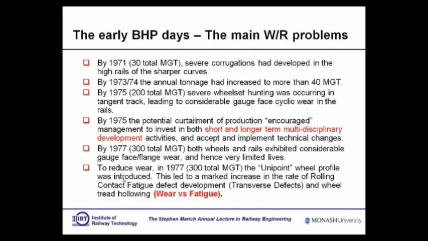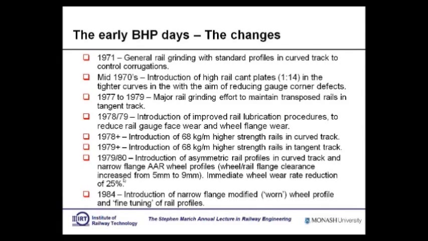So here we had a situation of the wear versus fatigue dilemma. 71, so the changes, what happened? 71, we said there was just general grinding to control the profiles in curved track and control the corrugations that were occurring. In the mid-70s, we actually changed the cant of the rails so that we tried to reduce the